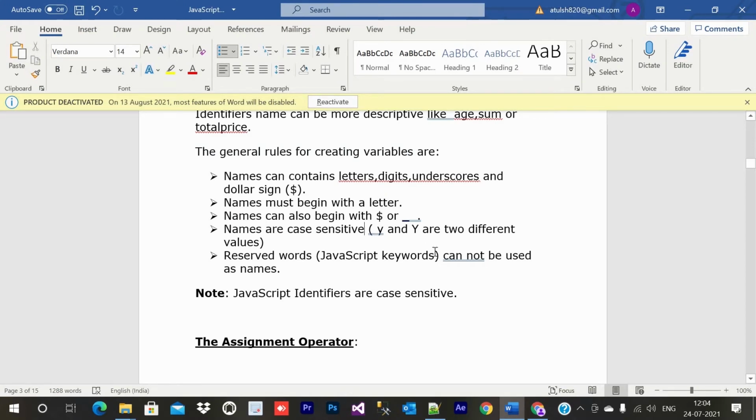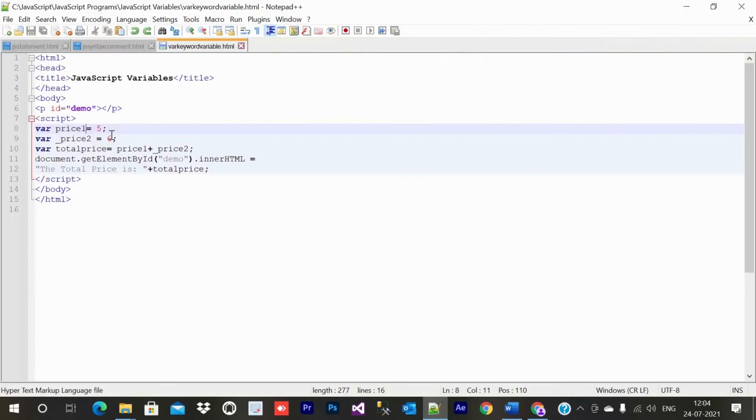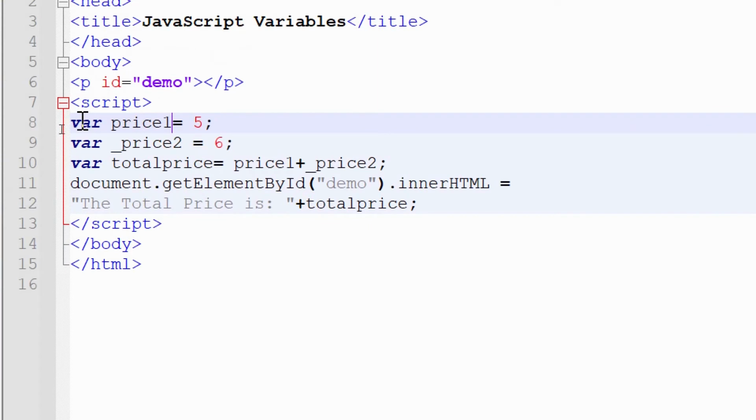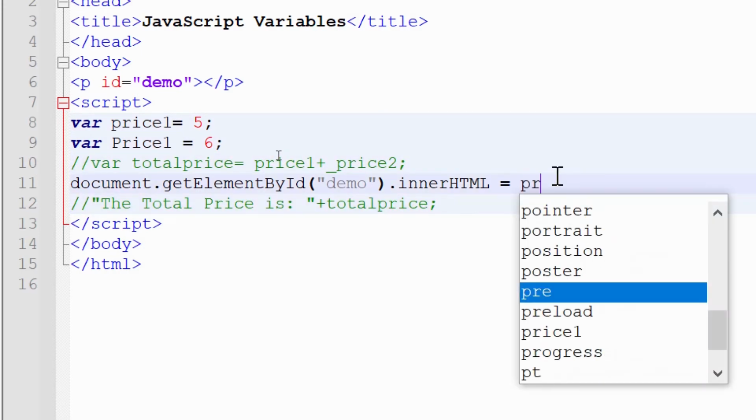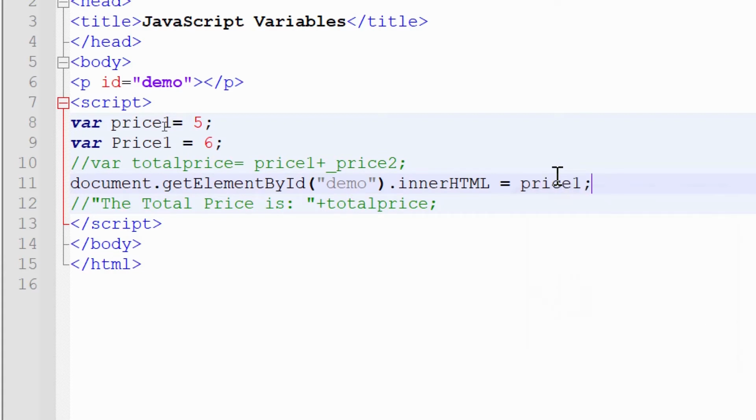Reserved words cannot be used as names. Names are case sensitive. Let me show you. Here if I write price1, and here also I write price1, and here also price1, so what will come?